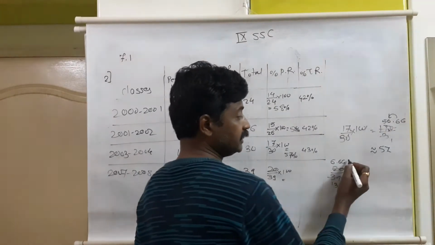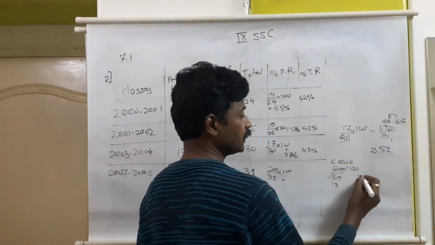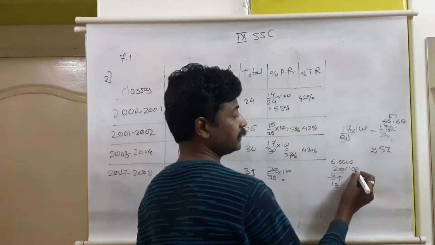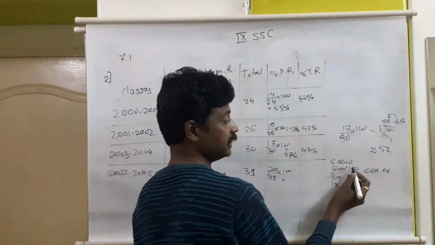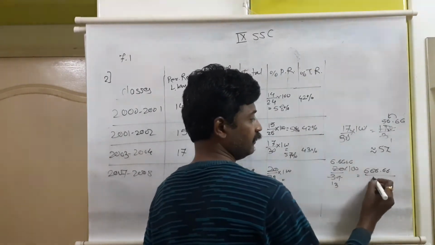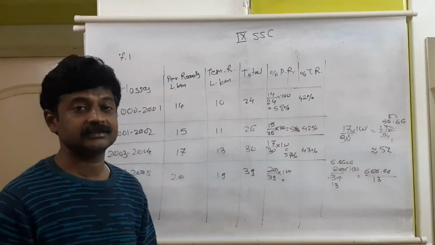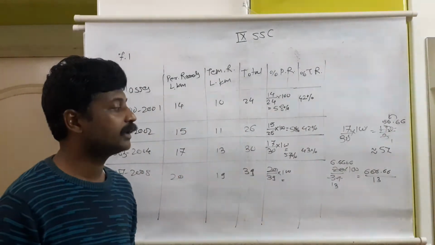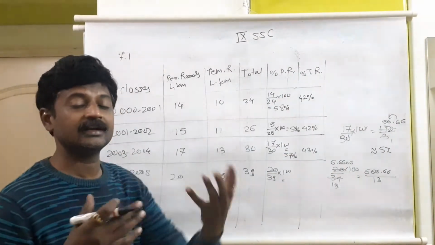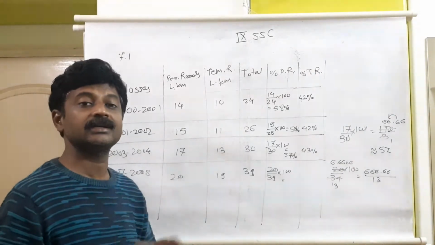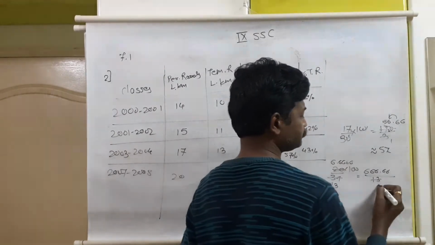Or this is recurring, same number, so first multiply it by 100. 6.6666 multiplied by 100 will be 666.66. The decimal point will move this side because we are multiplying by 100, divided by 13 as it is. 666.66, recurring number, divided by 13. This is one type of calculation I am telling. You can continue in that way also. There are different types of calculations which are mathematically correct. Final answer will be the same. We'll divide this by 13.